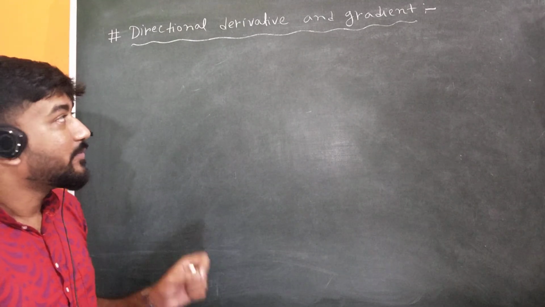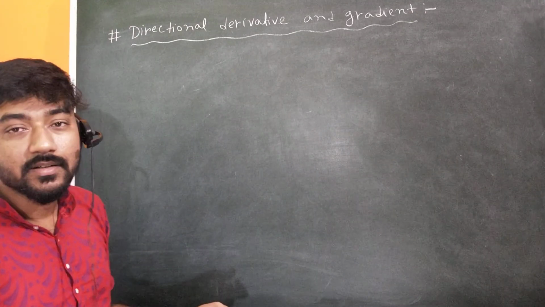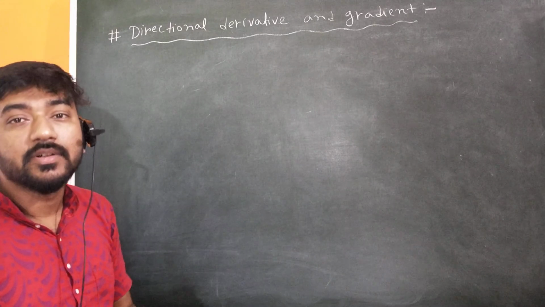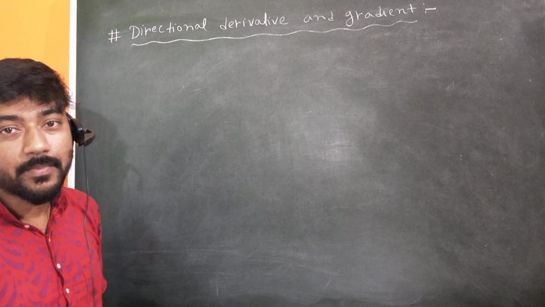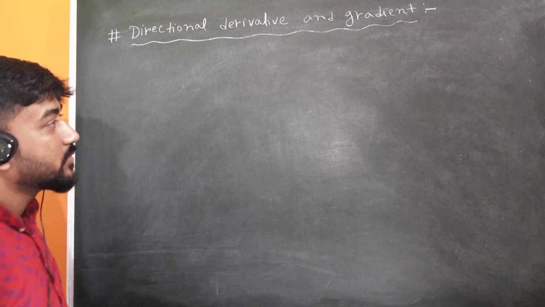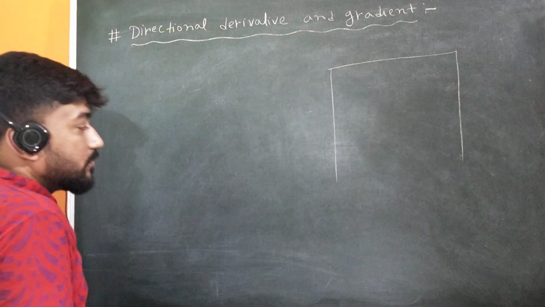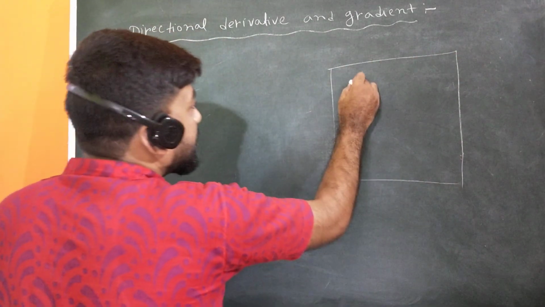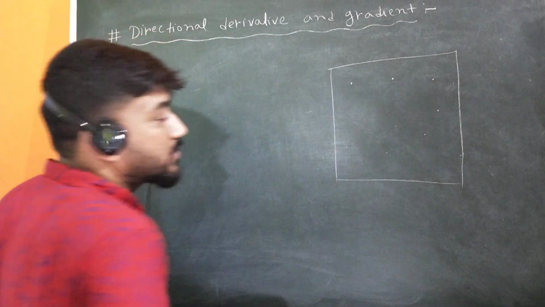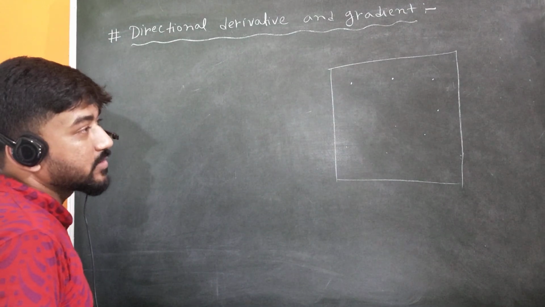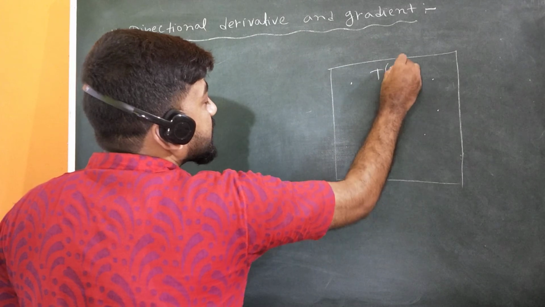So let me take a field. Obviously you need a field for which you can define gradient, for which you can understand directional derivative. So let me take a physical example, a temperature field. Suppose you have a room, and at each and every point there will be a temperature, and the temperature will differ at different points. So the temperature will be a function of space, that is, a function of x, y, z. So let me take the temperature T at any particular point as a function of x, y, z.